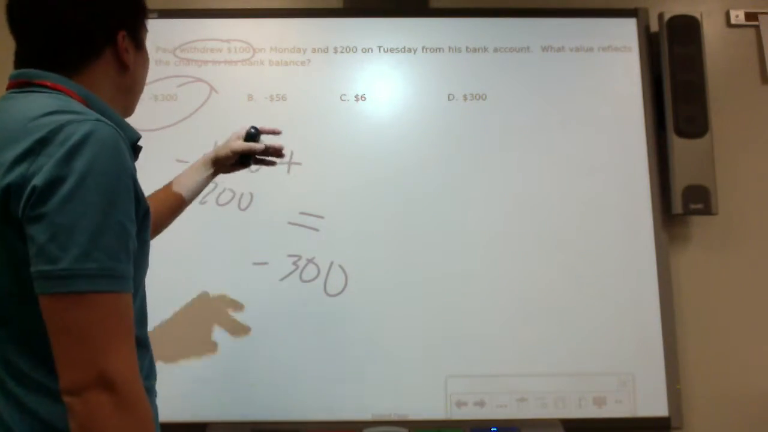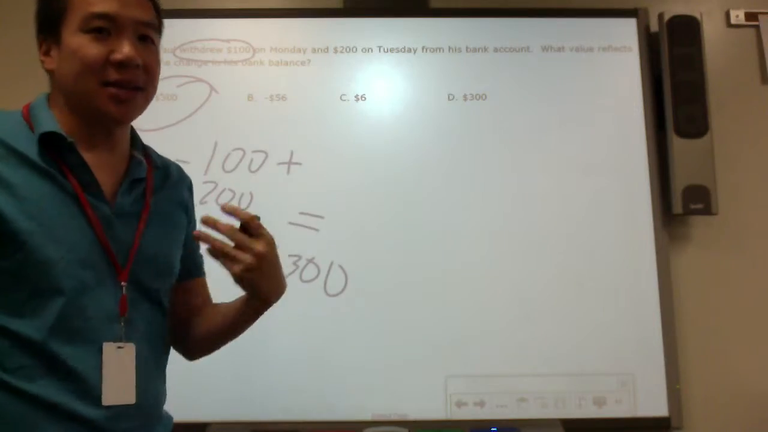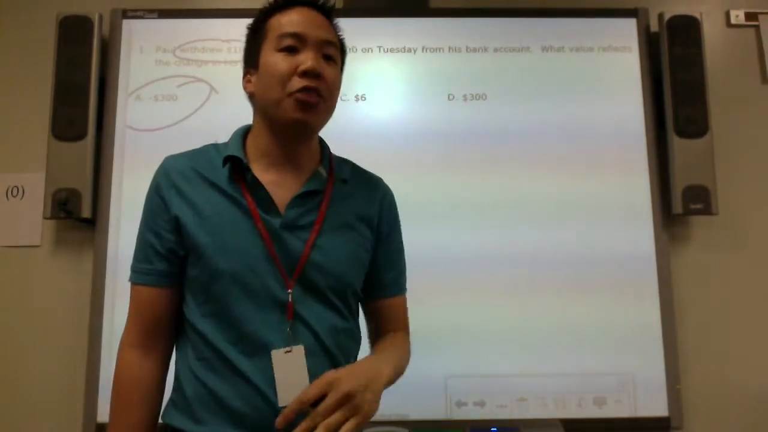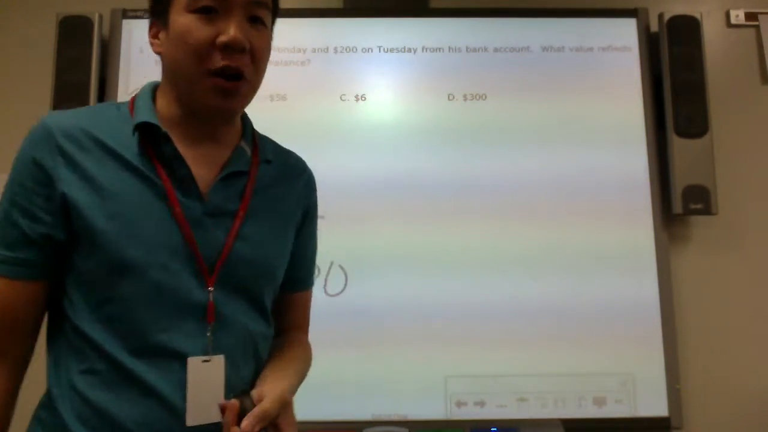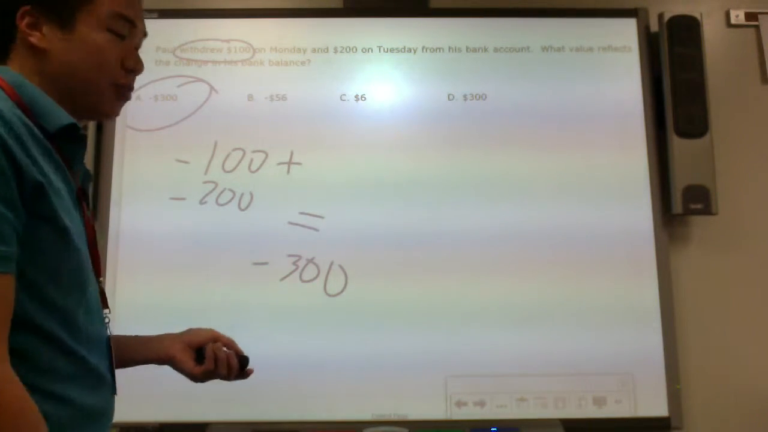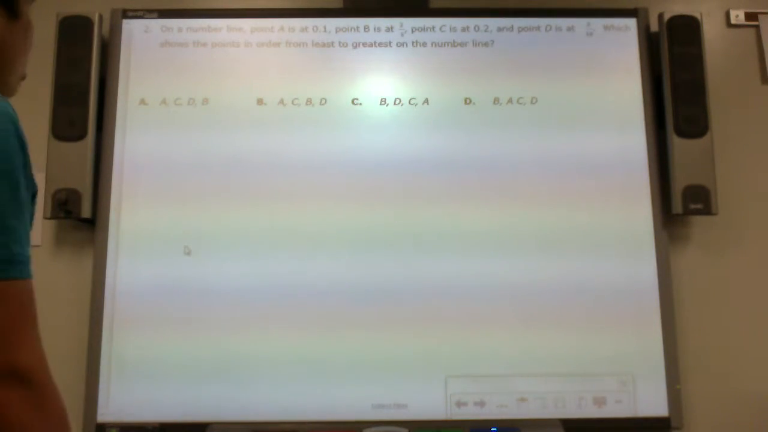We can say, what value reflects the change in his bank balance? His bank balance went down $300 because he took out $300 from his bank in order to spend on items or services. Number 2, on a number line, point A,